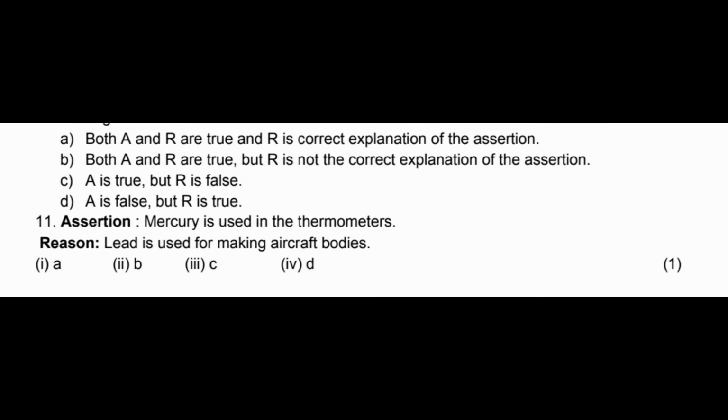Assertion reason type question. There are 4 options. Assertion: mercury is used in the thermometer. Reason: lead is used for making aircraft bodies. Now out of 4 options we have to select one code. So for this, C code is correct. Assertion is true but reason is false, because aluminium and its alloys are used for making the aircraft